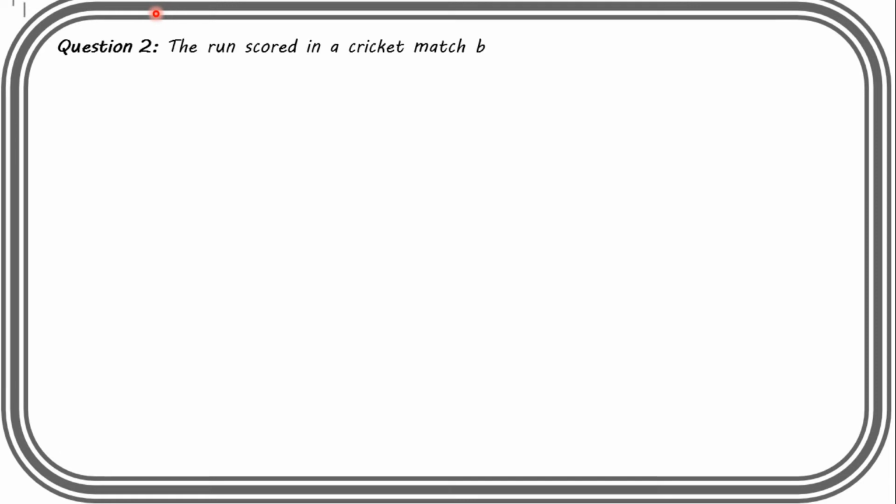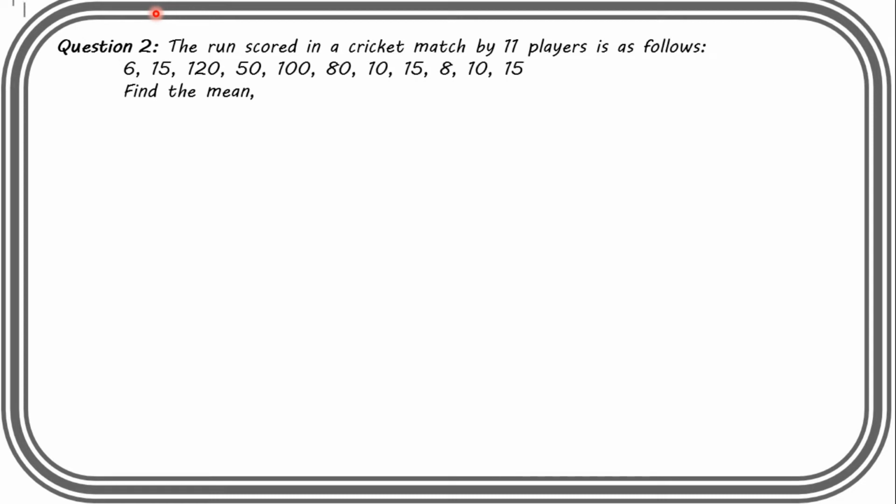The runs scored in a cricket match by 11 players is as follows: 6, 15, 120, 50, 100, 80, 10, 15, 8, 10 and 15. Find the mean, median and mode of this data. Are the three same? In this condition we have 11 players for which we need to calculate mean, mode